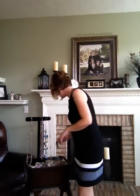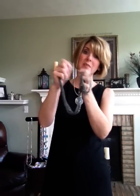Now, one of the concepts that I told you I was going to teach you is versatility on how to take a short necklace and make it long. So this necklace is called Seaside, and it is gorgeous. All the colors, it's so pretty. And then it's got a rhinestone ball that's magnetic, so it makes it really easy to get on and off. So you can actually put Bora Bora right on to Seaside. But the other thing you can do is it's got a fabulous little bracelet, so easy to get on, okay? And we've got this nice little rhinestone. But I can take this off,